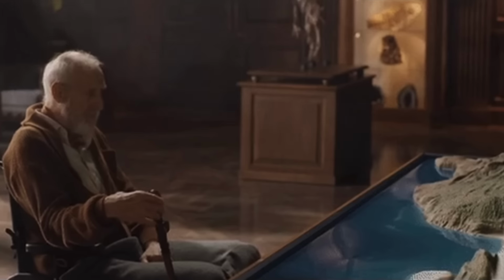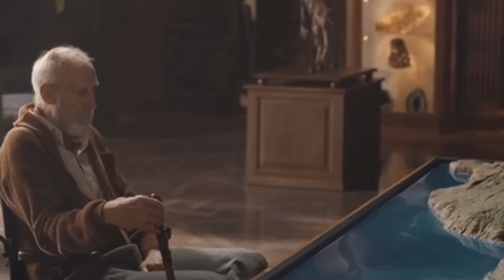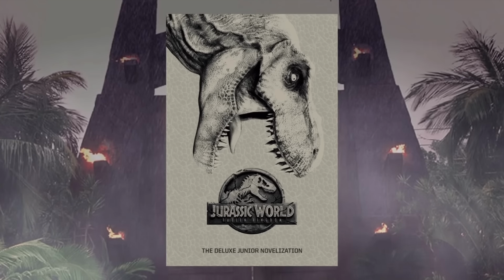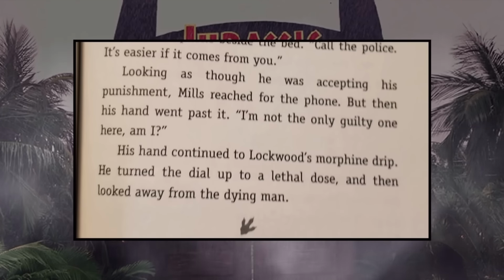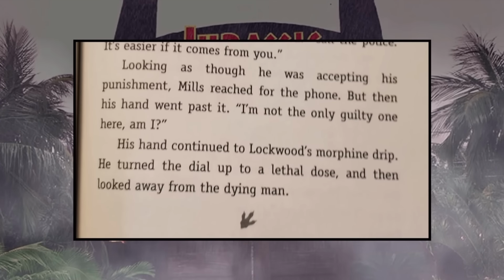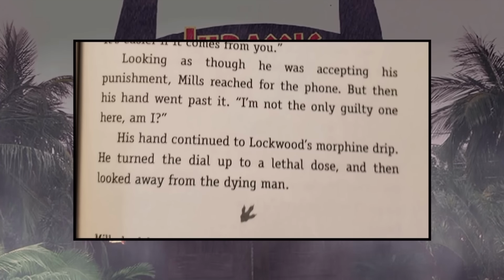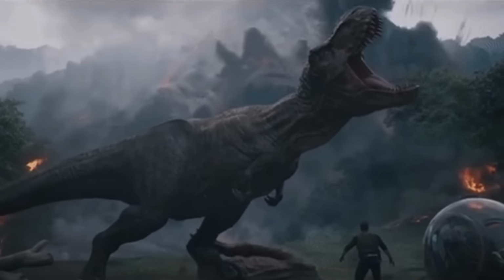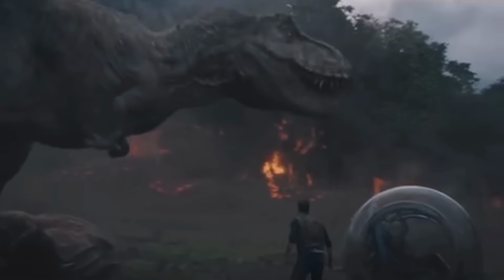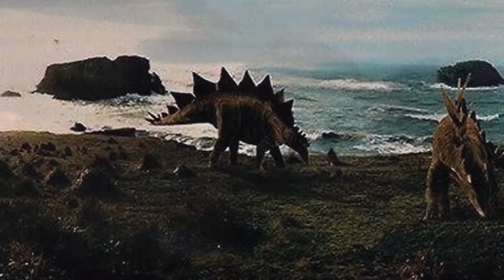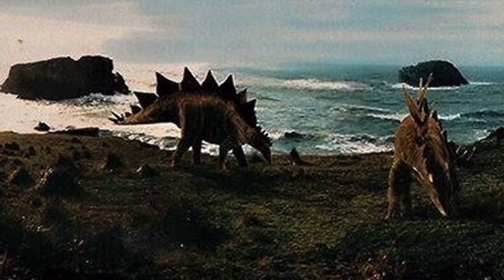I do know for a fact, though, that the rumor on how Benjamin Lockwood would have been killed in this different version did actually make its way into the junior novelization for the film, in which Eli Mills kills John Hammond's business partner by giving the old man a lethal dose of morphine through his medical IV, instead of smothering him with a pillow like we see in the final film. Now, I have heard of other versions of the early Fallen Kingdom drafts where apparently the 1993 T-Rex and even Blue the Velociraptor would end up safely being relocated to Isla Sorna.